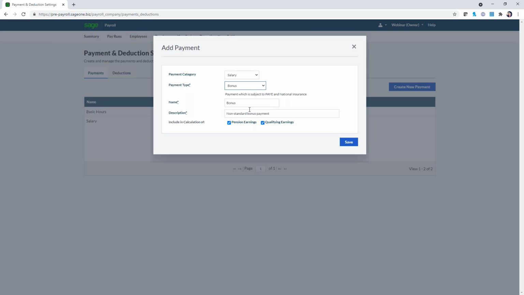You could click bonus. The name is what will show on the payslip for the employee, and the description is just for you. So you can change those if you need to, or you can leave them as is. If the payment that you're setting up is subject to pension calculations or qualifying earnings, you can leave those boxes ticked or untick them. And if you're unsure, you can always ask your pension provider. So if I click save to that one,